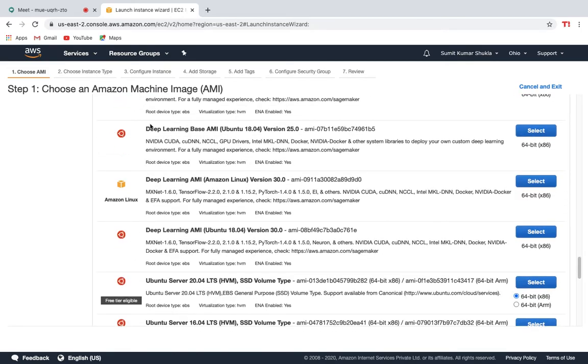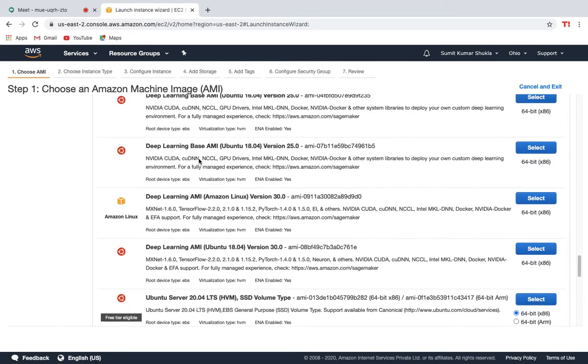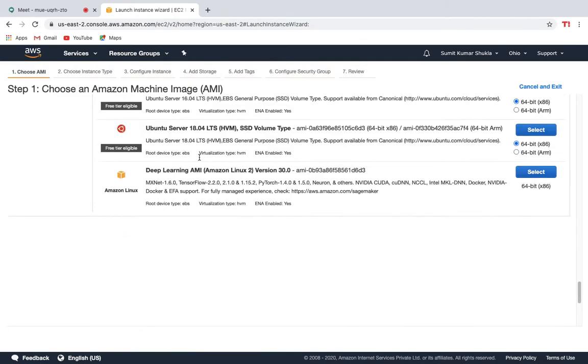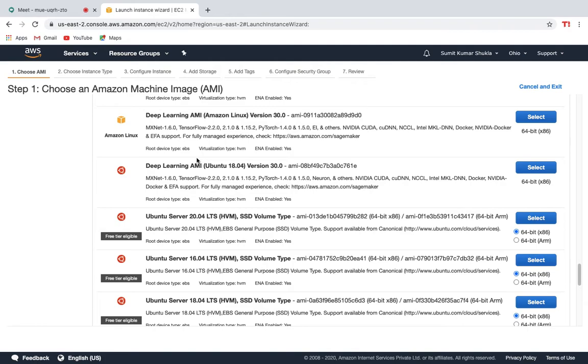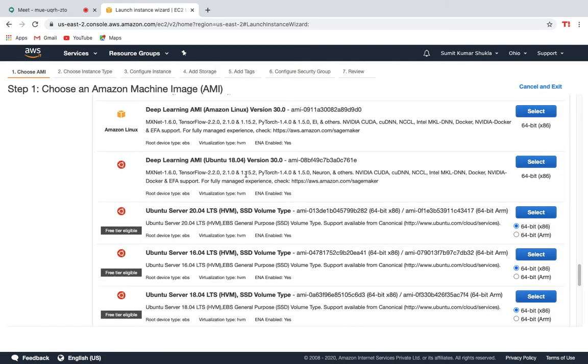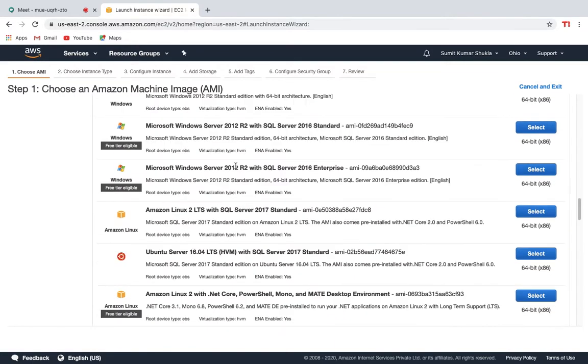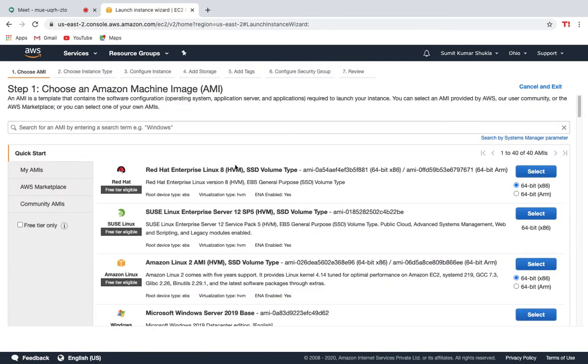Ubuntu. You can go with 14.04. There are a lot of Ubuntu images here. I can see it.